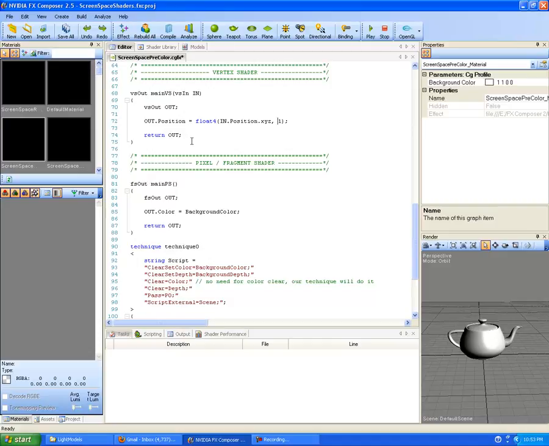Okay, so we're going to return out here, semicolon, close curly brace. And this is our VS out now. Now we need to do our FS, or our fragment shader here. And so here, FS out, main, PS, open close parentheses, and then open curly brace here, and then FS out,